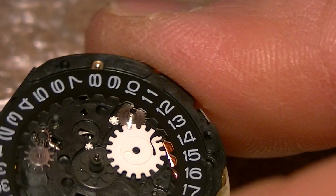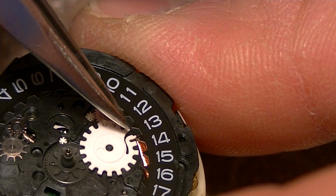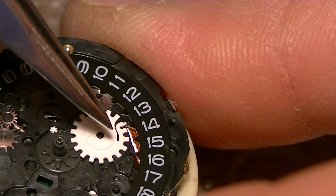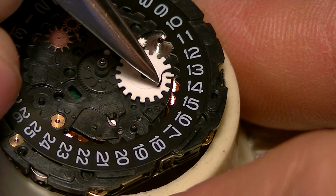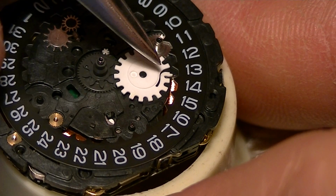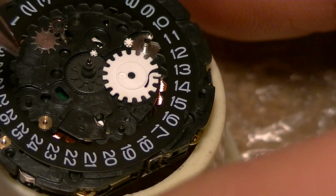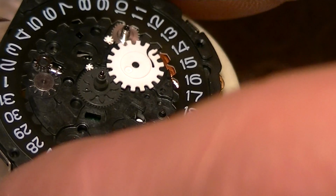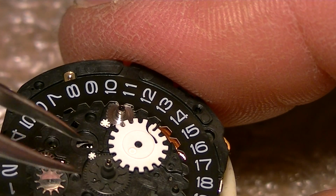You can see exactly what the problem is. The latch is a little bit bent inwards. So because the space here should be equal, okay? And this small tooth should be pointing a little bit more outwards. So that's one problem. And the other problem is exactly what I told you about before, about the hour wheel, this wheel,